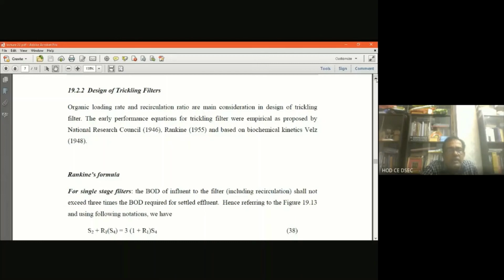And now we are discussing bacteria in the attached growth condition. That means the attached growth biological reactor we are describing, where an attachment surface is provided, where the bacteria form a film on the attachment surface, and that attachment surface in the modern scenario is plastic media. Earlier it was various rock media. So the consideration is that the selection of the material of the attachment surface should be such that per meter cube the surface area should be more, and there is a chance of more attachment of the biofilm biomass with the surface.